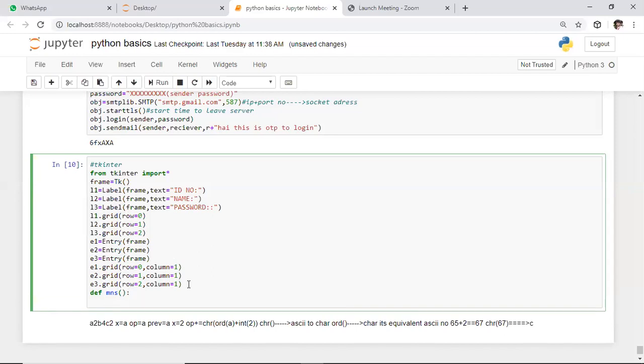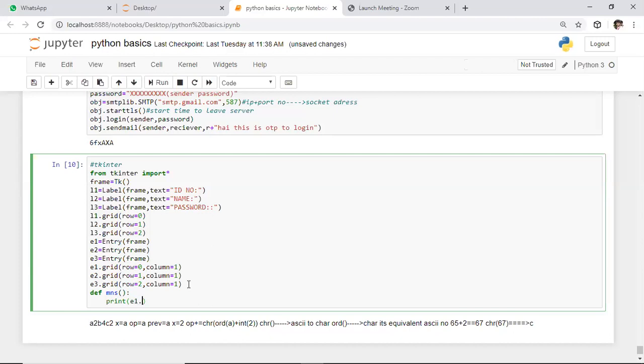After defining this function, every time I want to get the result which is defined in these entries. In a real-time scenario, whenever you enter your credentials, it will interact with your database, because by default at the backend it will be interacted with your database. Here we are not interconnected with the database. That's why we need to observe this output in the output prompt. For that purpose, here we are getting the result. To get the result from the entries, we need to use the get function.